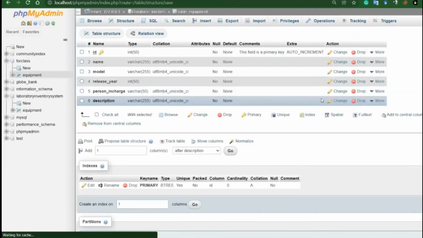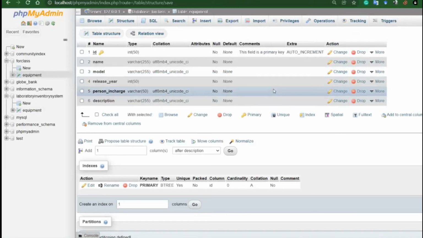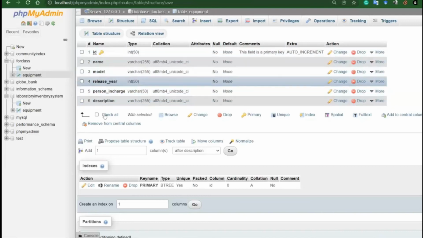If you want to delete one of the columns, maybe your team decided that this column is not needed, then you will have to drop it. But that is not the point. This is a structural level change. You should do these changes in the design before coding. Once you complete coding and later change the design, you will face a lot of problems, because these names will be used in the coding later.